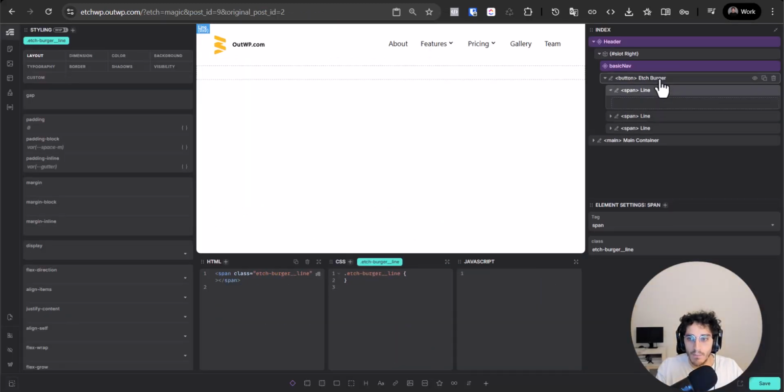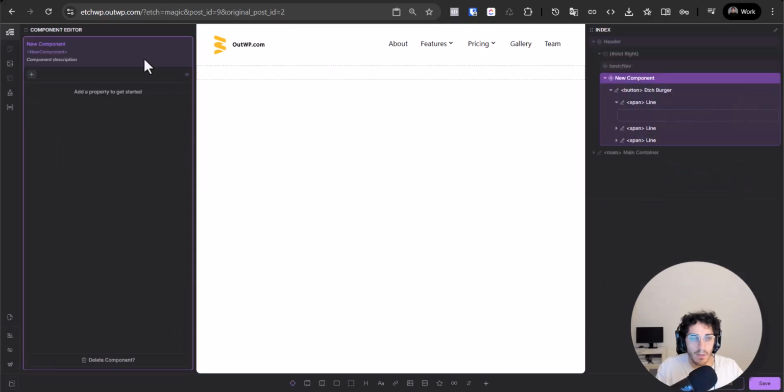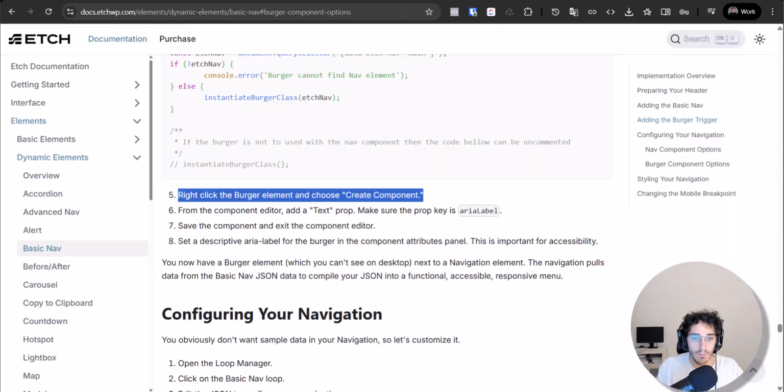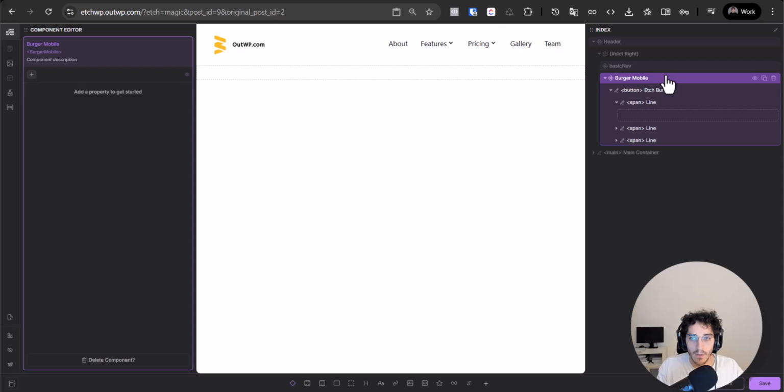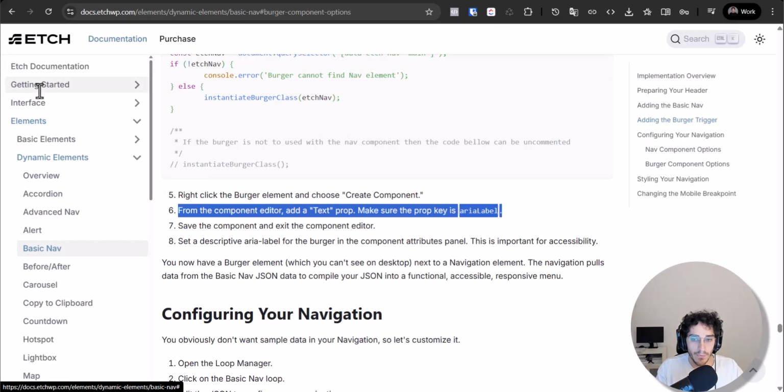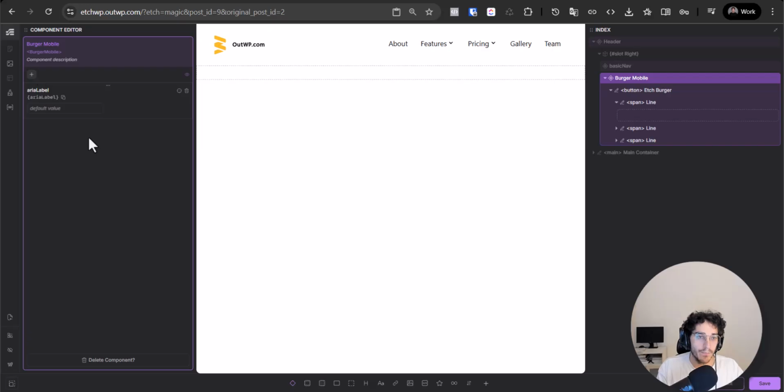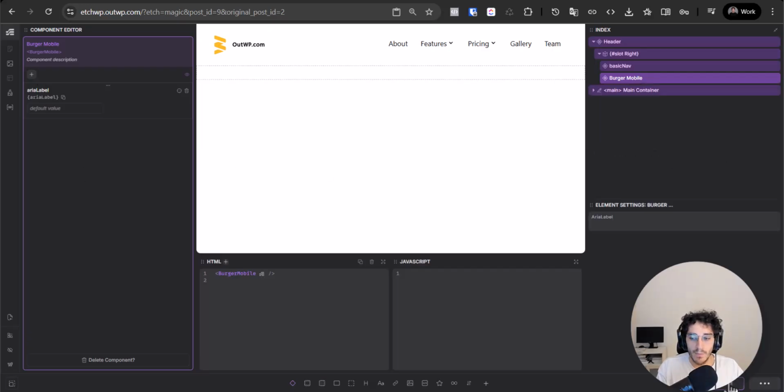And the other thing that we need to do is do a right click on the element and create this component, EtchWP. Create a component, burger mobile, to set this with the right name, burger mobile. And also you can add a text prop to set the area label. Okay, I will set on this component the prop text, and I will put area label and set this prop. Go to exit,